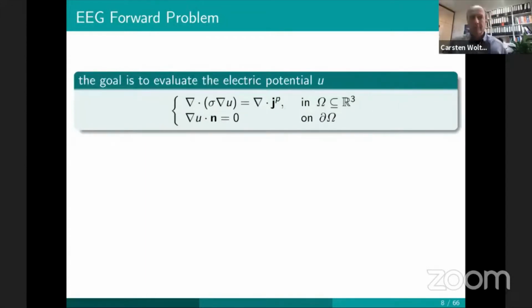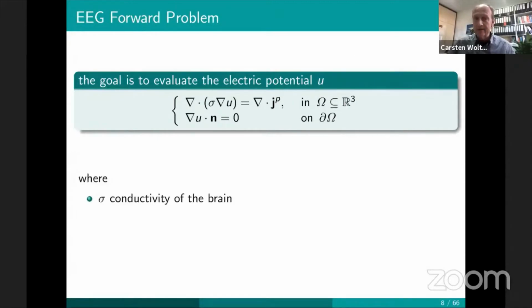This is the basic quasi-static equation for the electric potential that can be derived from Maxwell's equations in the low frequency regime. There are only a few people that claim that it might not be sufficient to use the quasi-static approach, but in EEG and MEG source analysis, most colleagues still rely on this quasi-static equation. And what we see here is